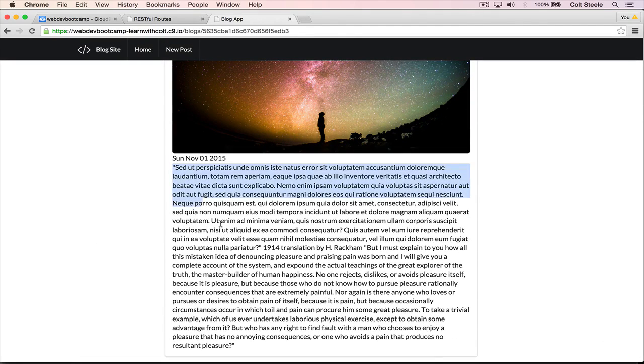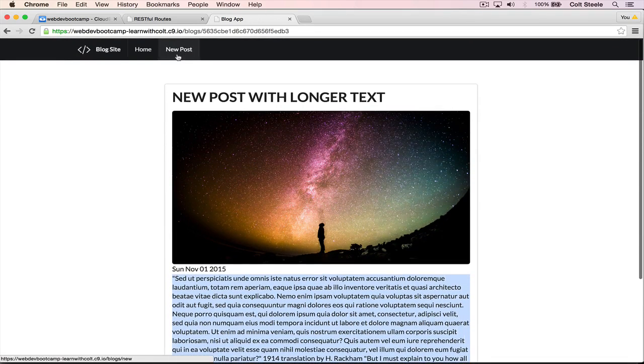But notice that everything is condensed. We don't have those paragraph lines that we wanted. We can't add breaks in between. So to make this a little bit of a better, more usable blog, we should let users enter HTML, which you probably have seen if you've ever blogged before, some variant of HTML, something like WordPress, or if you've used something like Medium, you don't write HTML yourself, but you can make things bolded, you can include images, you can include paragraphs, italicized text. Well, if we do that now, if we try and make a new post,